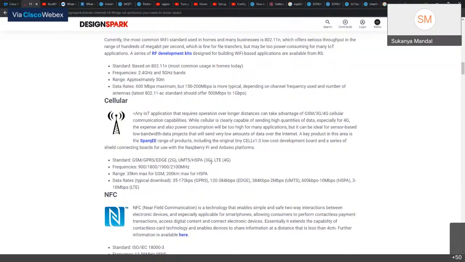Various countries across the globe have started implementing 5G, and in India, we'll soon be seeing 5G implementations as well. And 5G is typically aimed at IoT based communications.